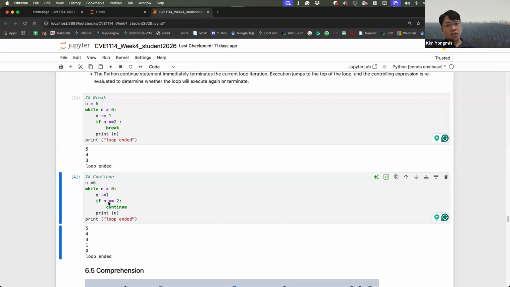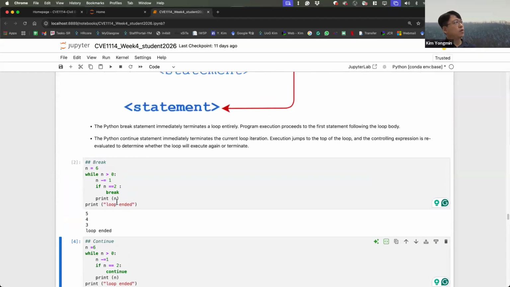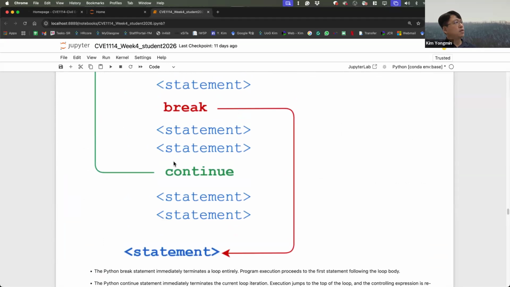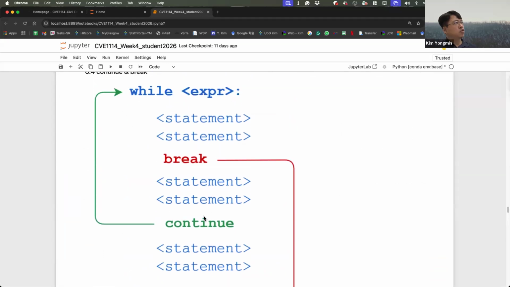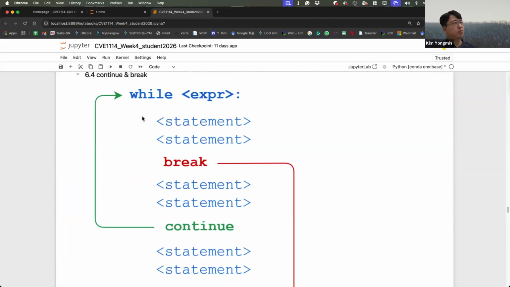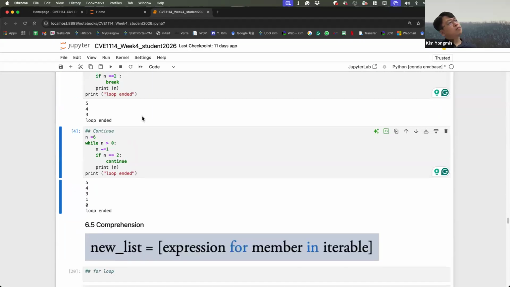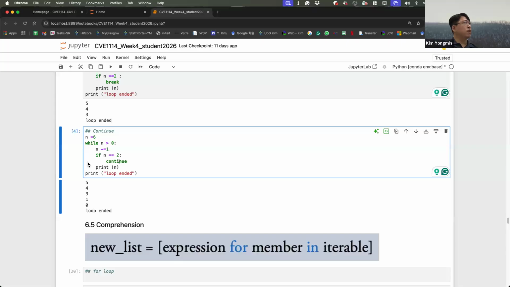If n equals 2, the continue means jump up to the while expression, right? But I wanted to print out n. Before printing out n, continue will be executed and then jump up to the while statement.